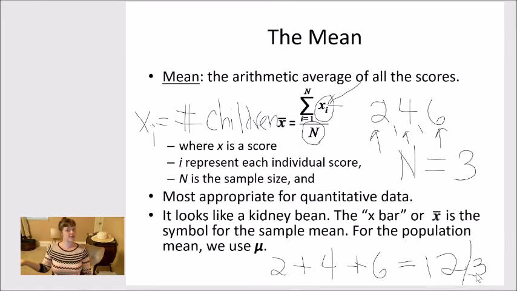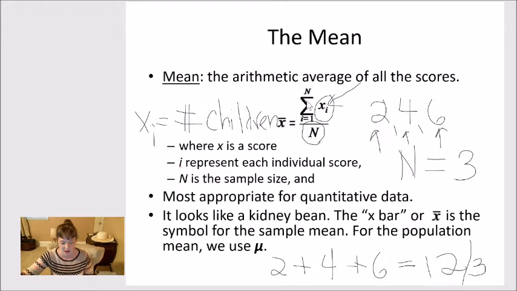So the average is 4, because 12 divided by 3 is 4, right? I share this with you so you can start to wrap your head around what summation notation means. I also share it for another reason, because I want you to notice something about this equation,